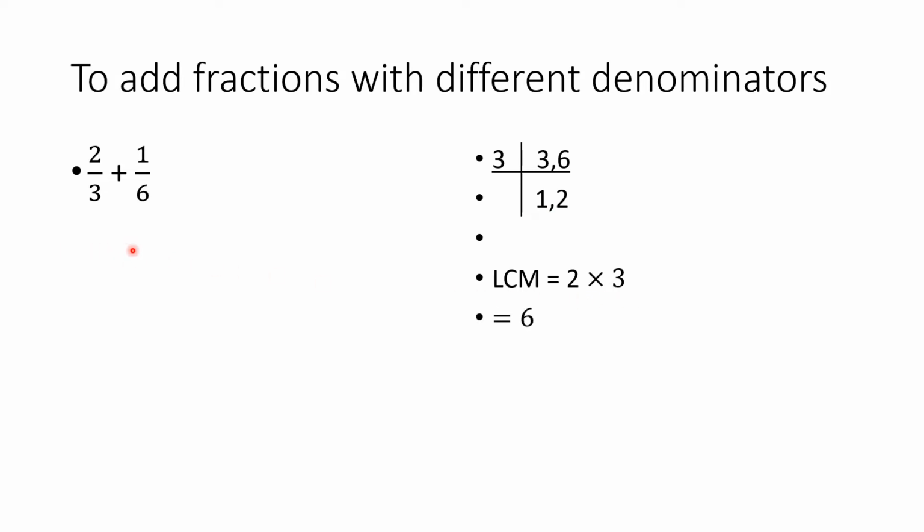Now what we will do? We will write LCM as denominator here 6. Now 3 we will divide in 6 by 3. 3 twos are 6. So we will write 2 here. Multiply this numerator plus 6 ones are 6. We will write 1 here. Multiply this numerator here. Now 2 twos are 4 plus 1 ones are 1. So here 4 plus 1 by 6. Now 4 plus 1 equals to 5. 5 by 6 is our sum.